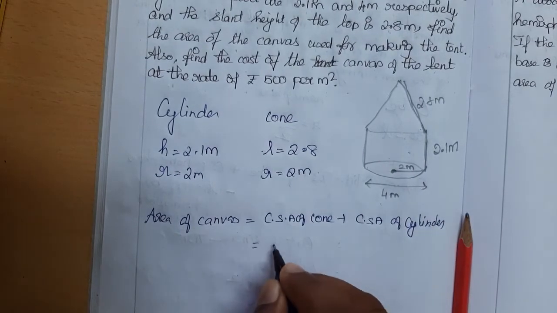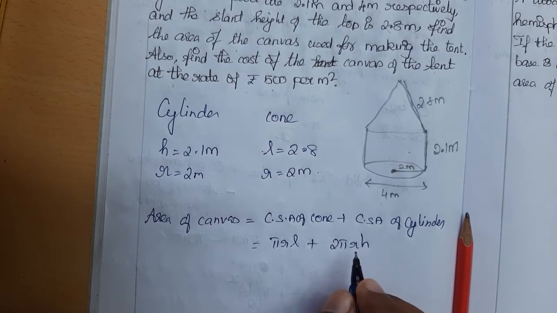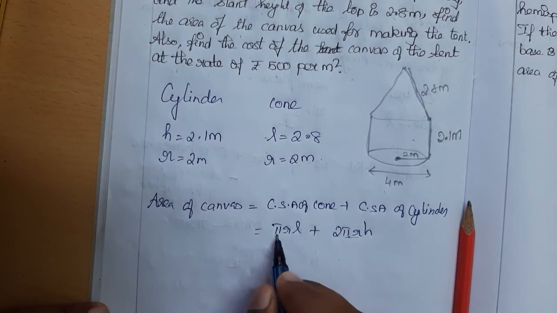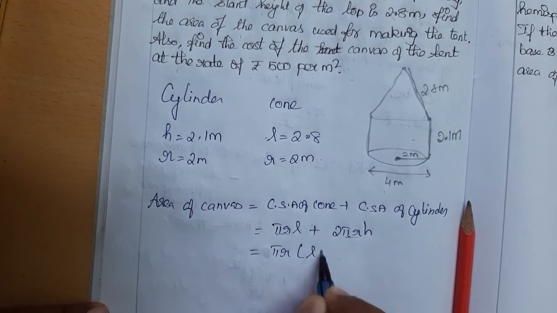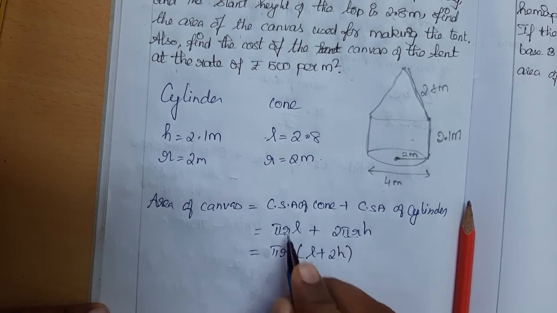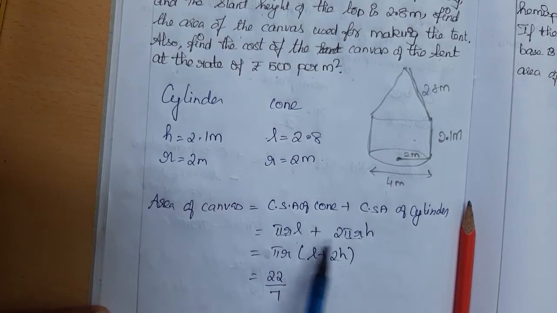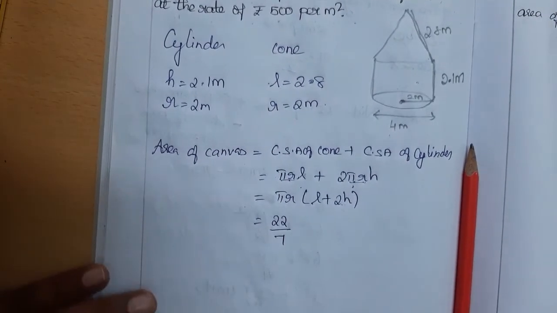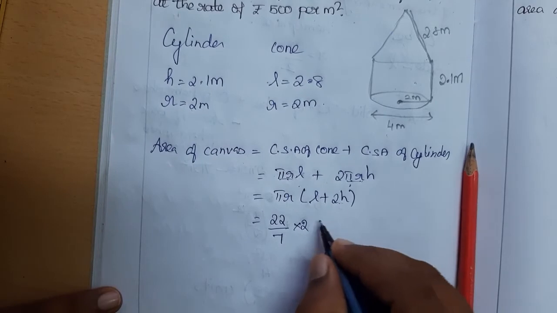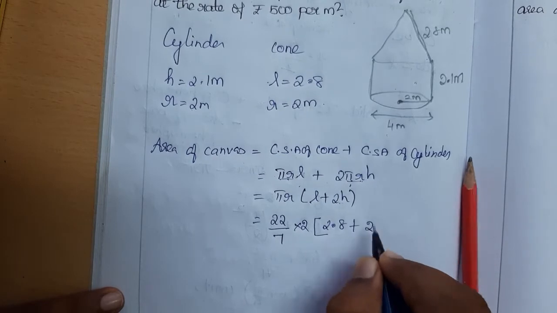So CSA of the cone is pi r L, plus CSA of the cylinder is 2 pi r h. So we can take pi and r as common outside and substitute. I hope it will be a little easy. Pi r and pi r, right? Here L is the balance, and 2h. So pi I can substitute 22 by 7, and since both the radii are the same, it is possible. If it is different, it's not possible. So radius is 2, and the slant height is 2.8 plus 2 into the height, 2.1,